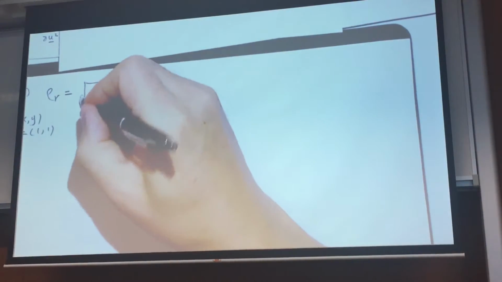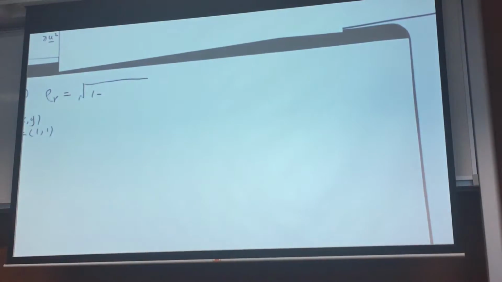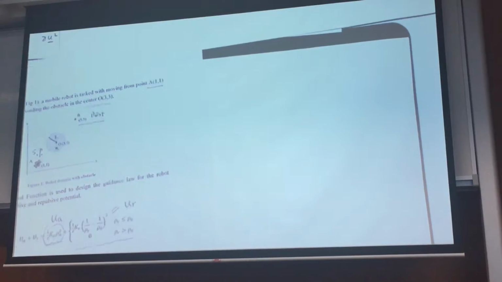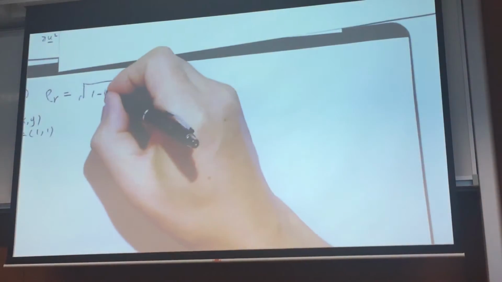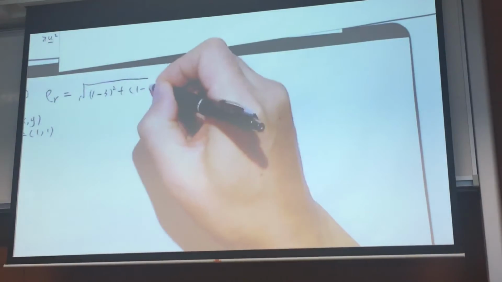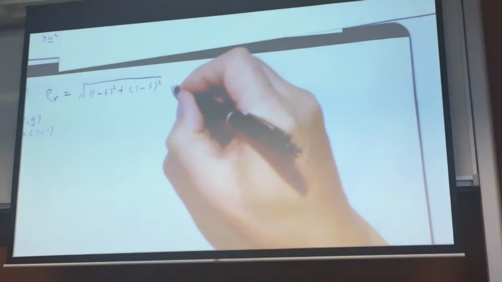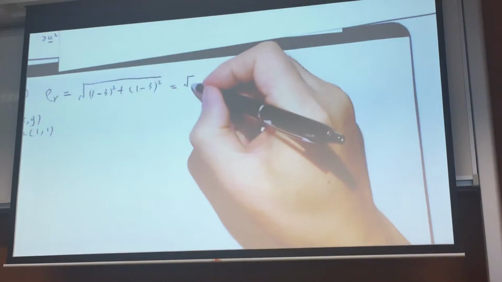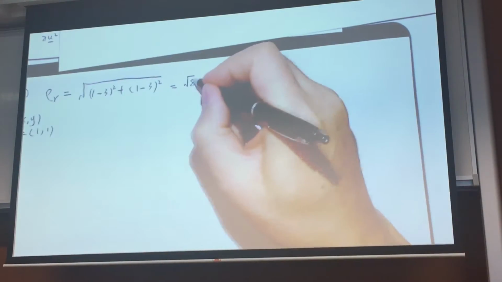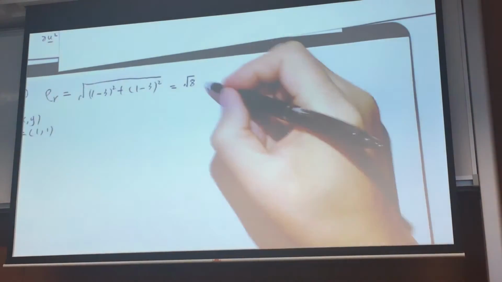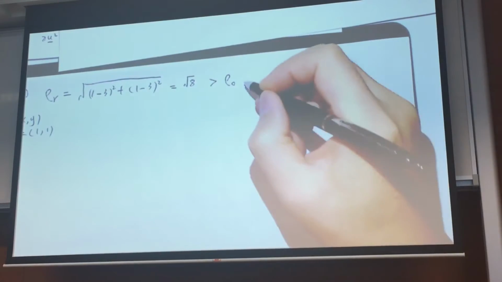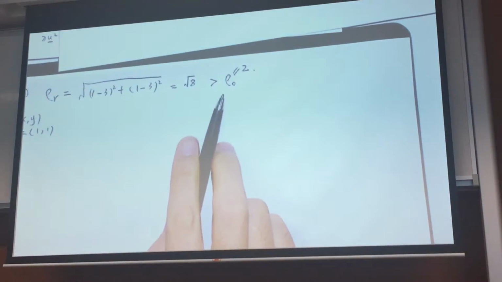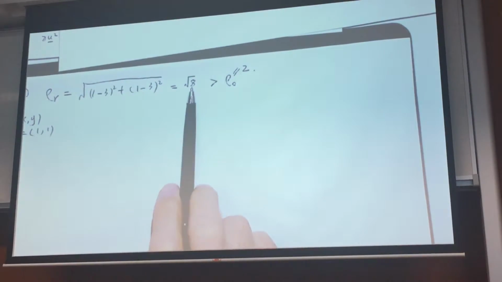This rho r is given by 1 minus 3 square plus 1 minus 3 square. So this equals the square root of 8. This one is greater than rho 0, and your rho 0 equal to 2. That means your vehicle is outside